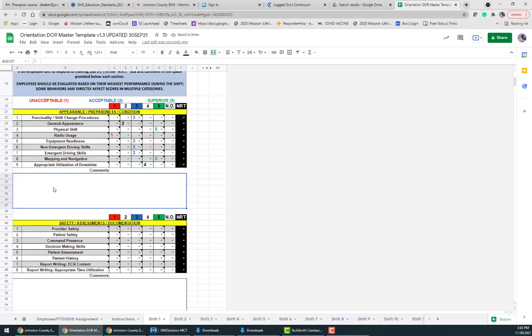All right, and down here you've got your comments. So your comments don't have to be extremely detailed, but then again, they don't have to be extremely brief. If somebody is 3s across the board and they're acceptable, you can just simply put in the comments, meets the acceptable standard. If somebody scores below the standard or above the standard, what we're looking for is justification and a